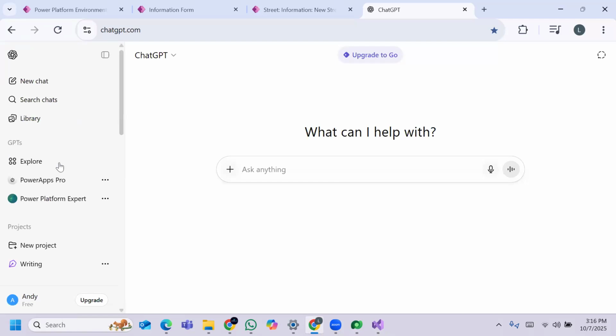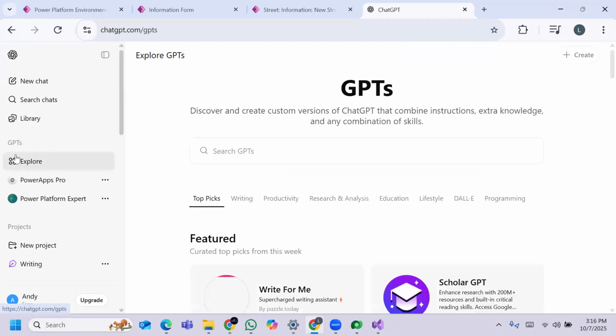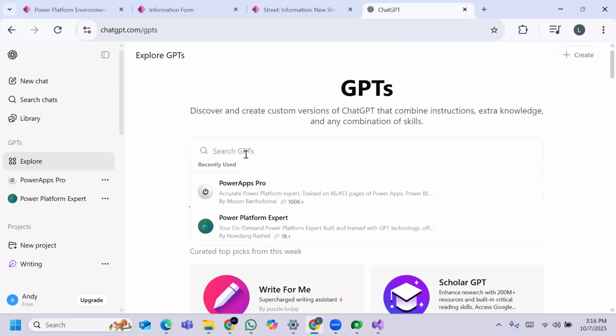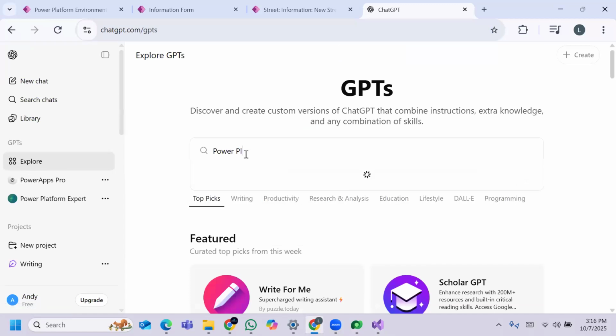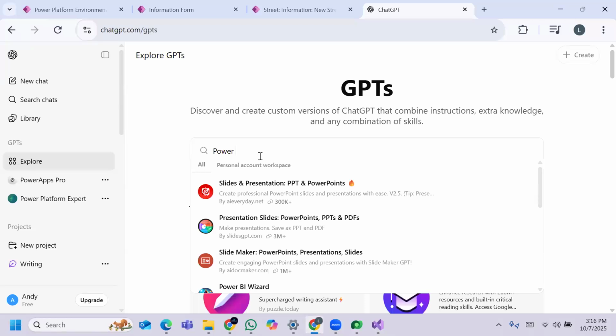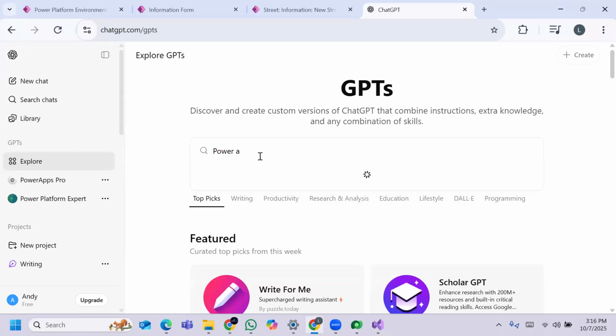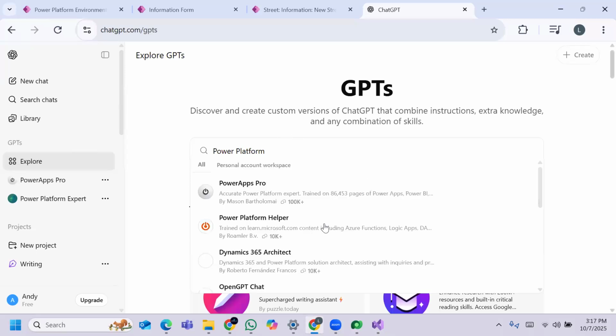Whenever you click on the left hand side, you have the Explore option. Under Explore, look for Power Platform or Power Apps. Whenever you search for Power, you would get Power Apps Pro or Power Platform in the GPTs. So what does that mean? Those are also GPTs only, but whatever you search in them, it will give you more relevant results. Okay. So if you look for Power Platform,